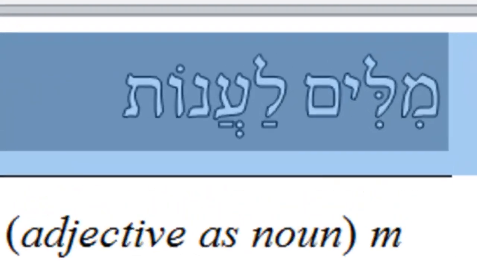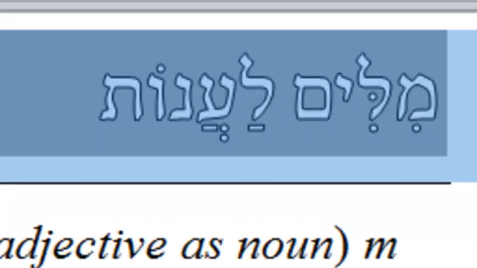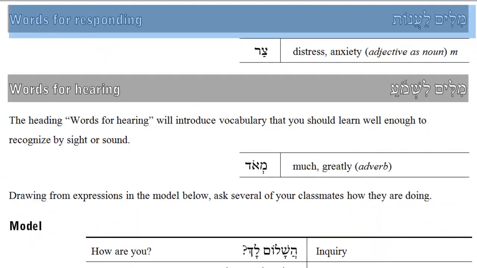Words for responding, milim la'anot, tend to be higher value words in terms of the dialogic activities or the grammar of the segment in which they appear. Also, vocabulary lists titled Words for Responding tend to be limited to 10 entries. Aim to learn these words for responding so thoroughly that you will be able to recall them and use them